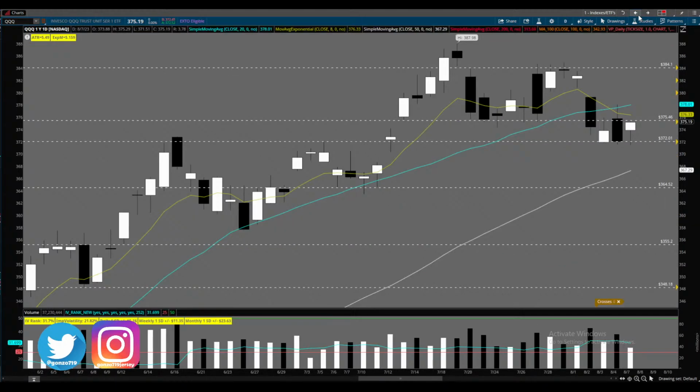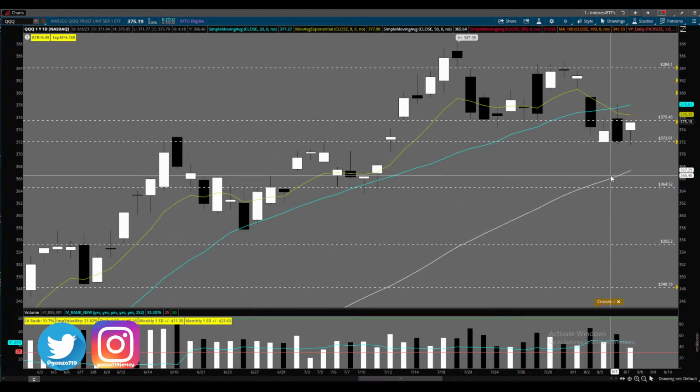If I go back to a daily, there we go. I just put this level down there. That's how you zoom out all the time. 364.52. Now check that out: resistance, resistance, resistance, support, support, support. We have the 50-day moving average here. Will that get tagged? I am not sure.